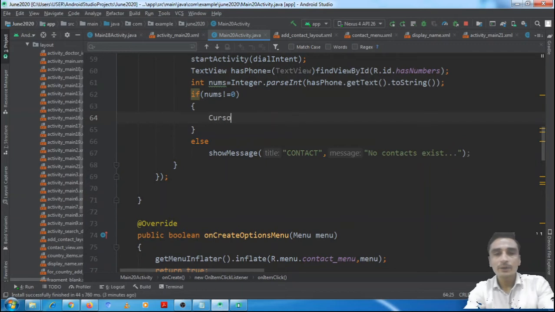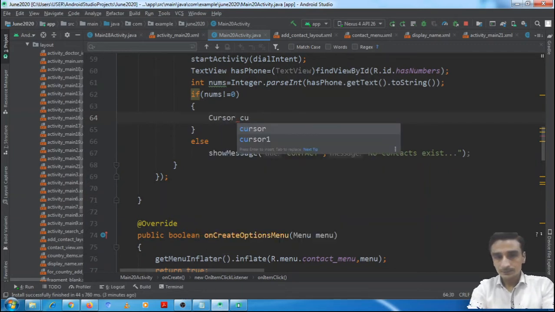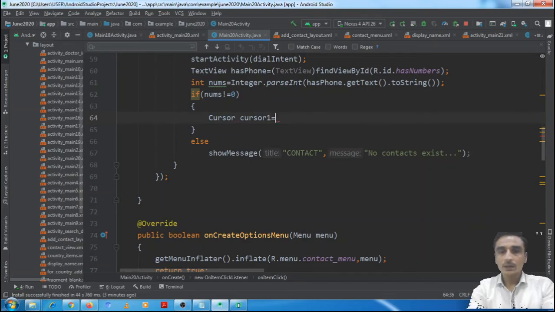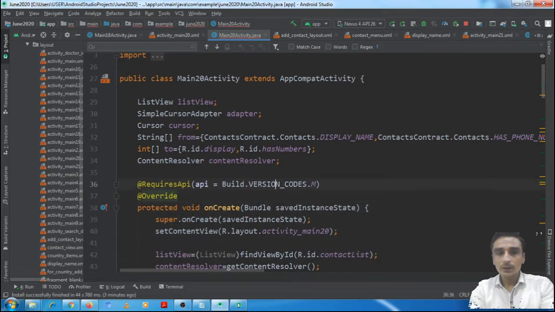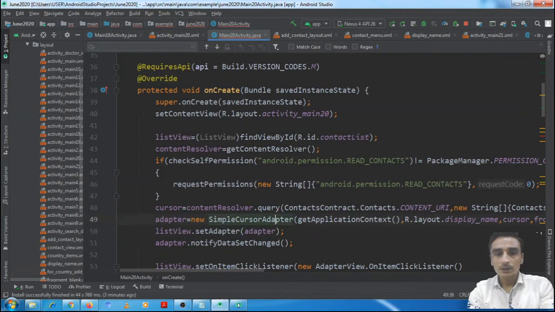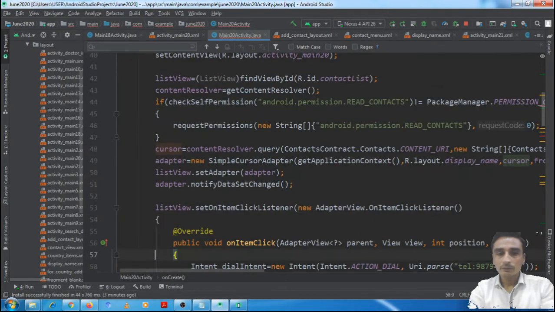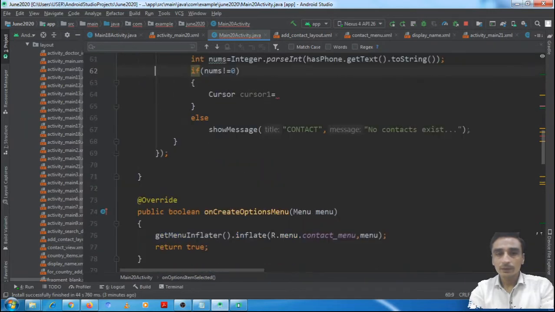Now here we need to query another cursor. We need to write the same thing that we have written here, but the table of the content provider will be different, so we need to modify in that manner.